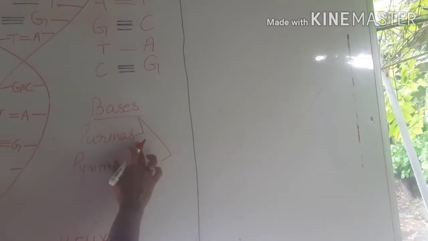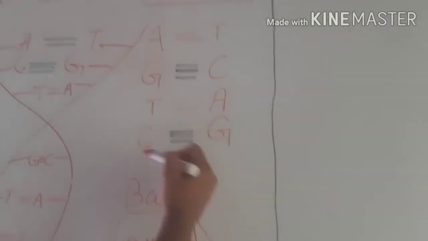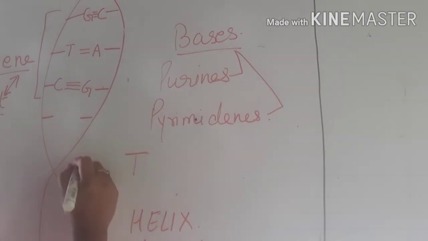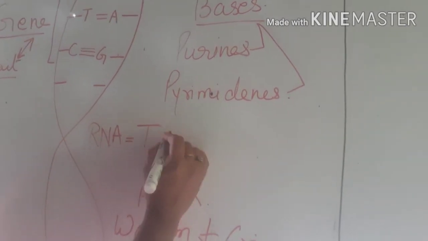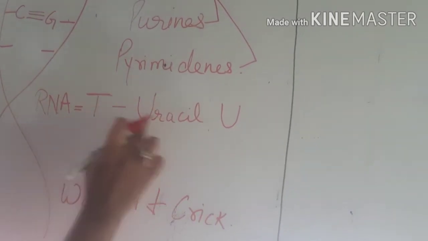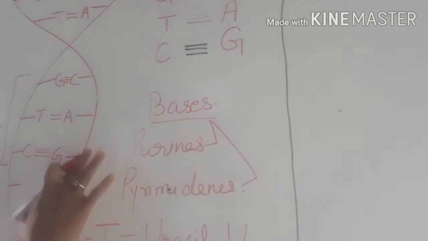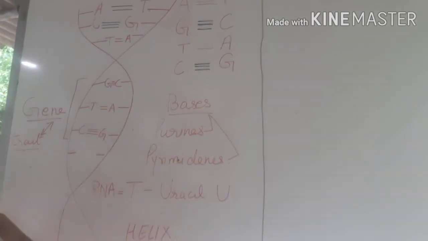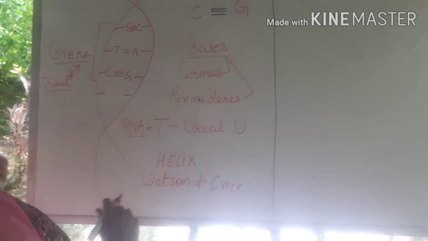A purine will always combine with a pyrimidine. So these are A, T, G, C, T, A. One more thing: in place of thymine, when I talk about RNA, a little idea about RNA also, in place of thymine there is uracil, denoted by U. So if in place of thymine you find U written there, you will understand that it is not DNA, it is RNA. Only that much difference is there in the bases, the purines and pyrimidines, in RNA and DNA. Is this much clear to you?